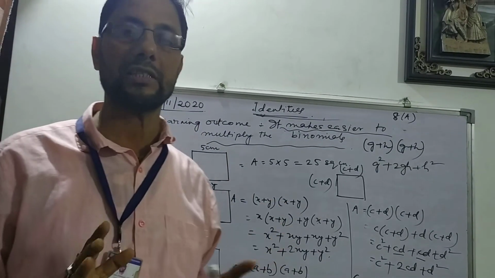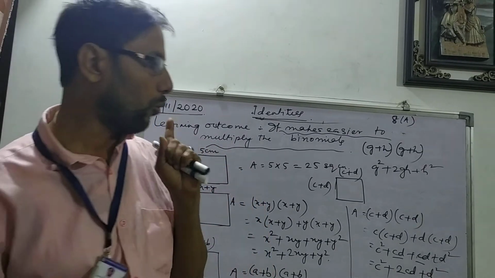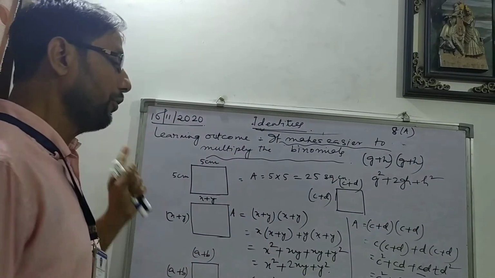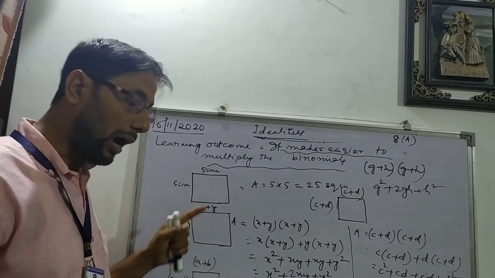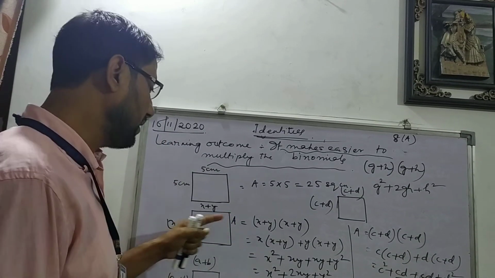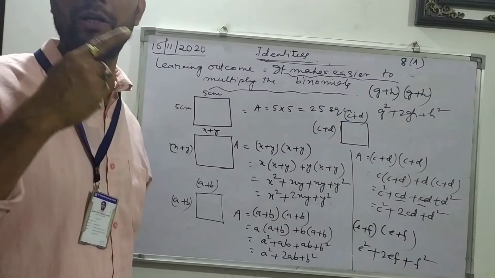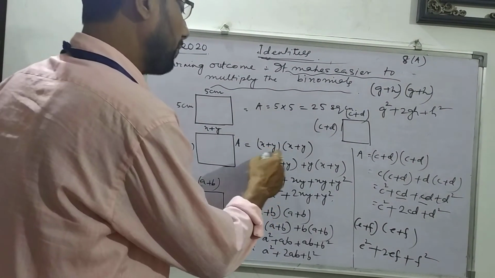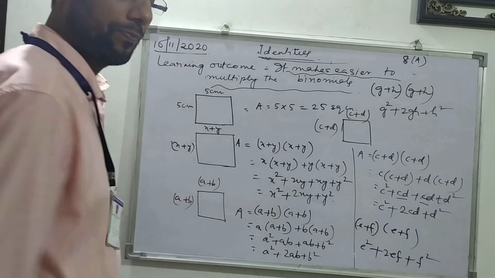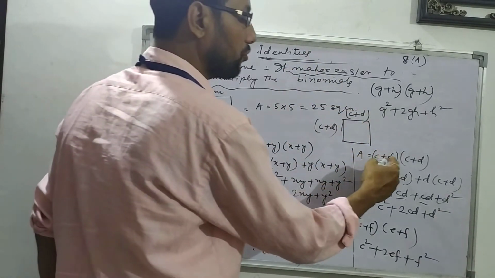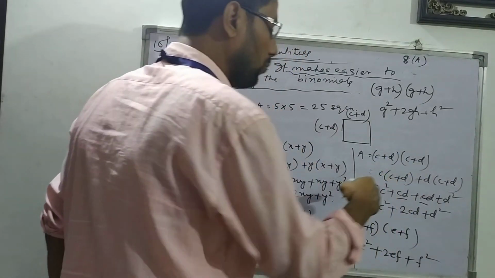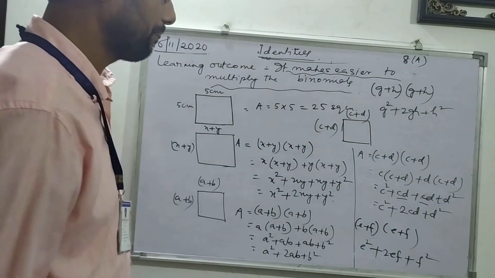We are not going to discuss any more identities today. So only this identity. Hope students, you have understood this identity. So how we have moved this product of the binomial you learned in the previous class. On multiplying these two binomials, I got this. On multiplying these two binomials, I got this. On multiplying these two binomials, I got this. So it forms a pattern.